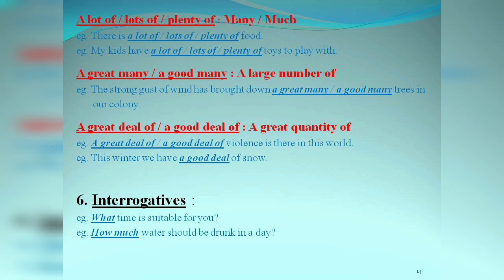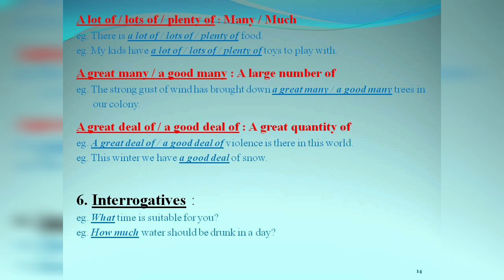The term toys is a plural countable noun, and as I have previously told you, all these three determiners are used before countable and uncountable nouns, but the meaning is a great quantity of or a number of. So you can use any of these three phrases: a lot of, lots of, plenty of.